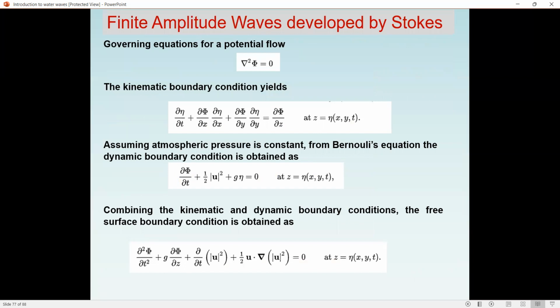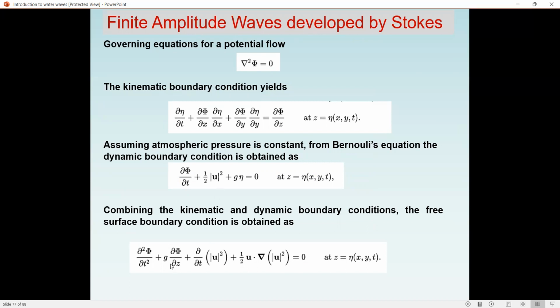Now, coming back to the finite amplitude, in the linear wave theory, I have shown the nonlinear terms. By assuming that nonlinear terms don't contribute, amplitudes are small compared to the wavelength and other things. In the true sense, the governing equation, as I said, is a potential flow problem, and the governing equation is the Laplace equation. The kinematic condition itself on the free surface is this. This is highly nonlinear. Again, if you look at the dynamic condition, this is also nonlinear on the free surface. These two together are two nonlinear conditions on the free surface, and that makes it more complex.